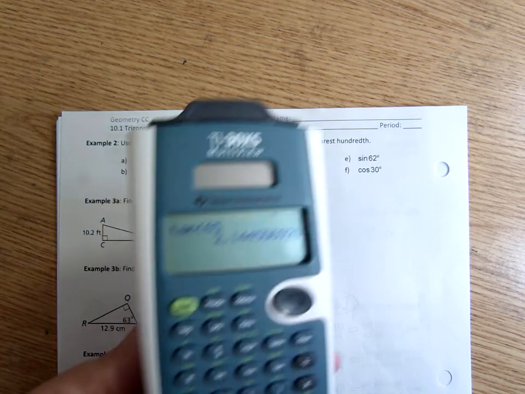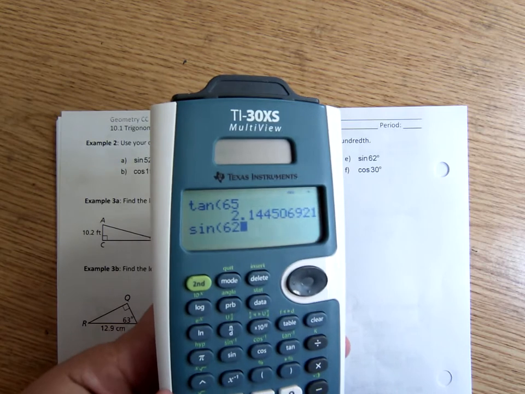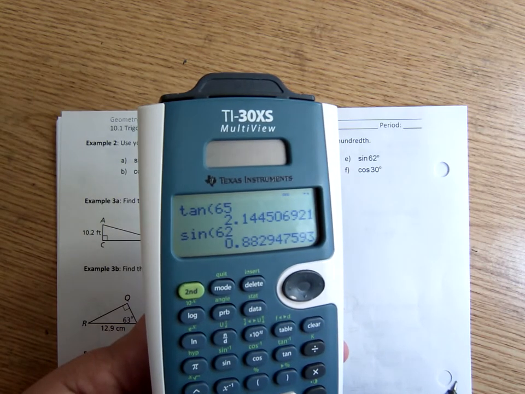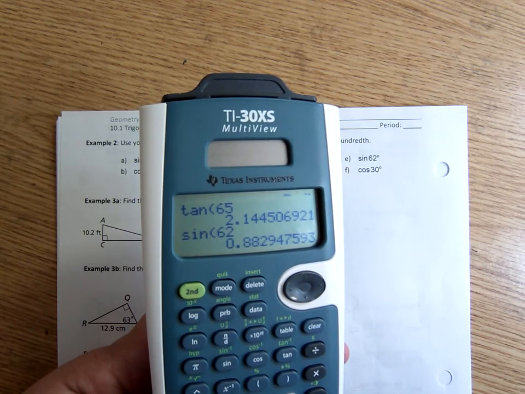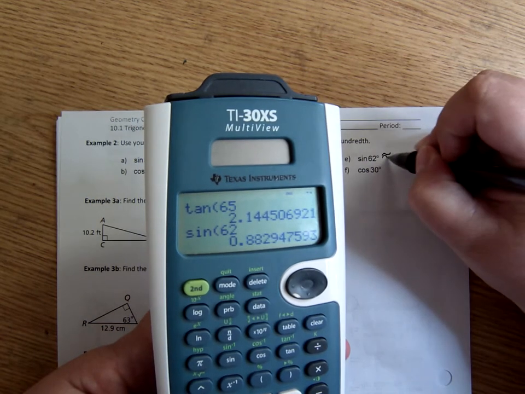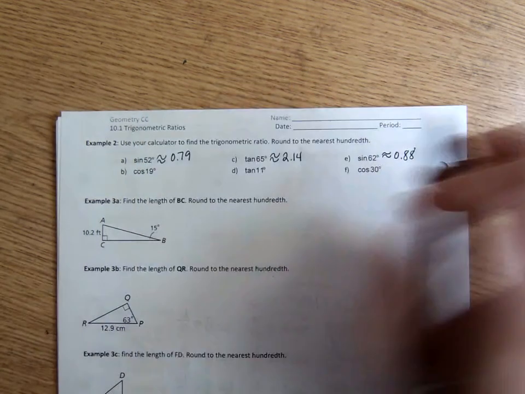Okay, so sine of 62. You should get 0.8829 and so on. And so when I round that, it's just 0.88. Down here,